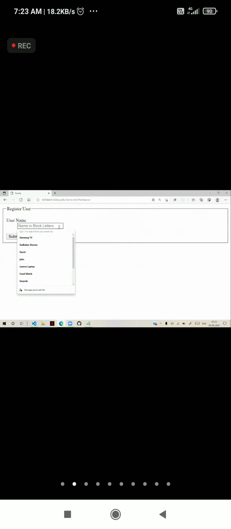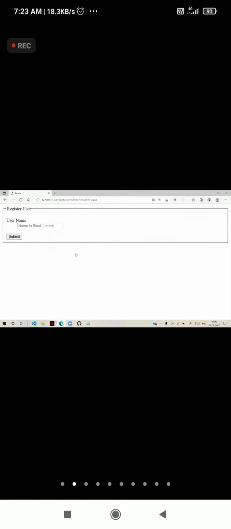When you add some value into it, it will store that, and when I submit, you can see it is submitting that value. So placeholder is used to just display some watermark text inside the text box. It is not going to be submitted. It is just for displaying.